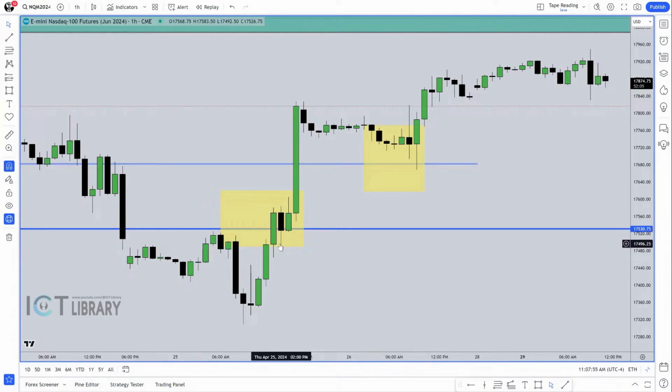So when it does that, what I'm watching is it either will start its run in the direction I'm looking for, which in this case would be higher. Either that candle or the very next candle. If the next candle does not run and it takes out that low, I am no longer interested in taking a long. I have to move to the sidelines. Immediate rebalance is one of the strongest things I have in my repertoire.